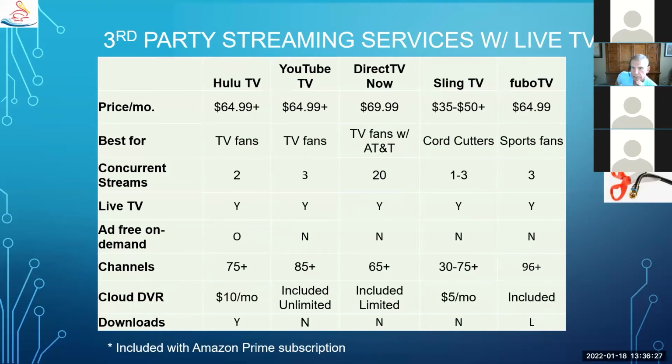So as you're thinking about whether or not you want to cut your cord, and if you really want to have live TV, then you have to choose one of these services. The one I will note is Sling TV. They offer this interesting combination. They have two different services that have different channels associated with them. You can subscribe to one, to two, or to both of them, depending on what channels you want to be able to receive on